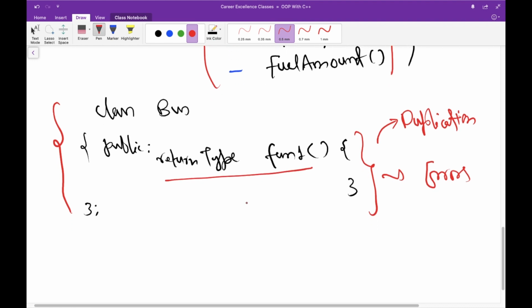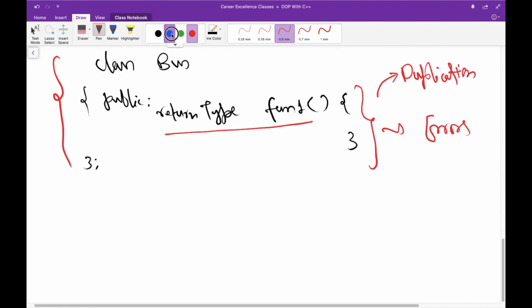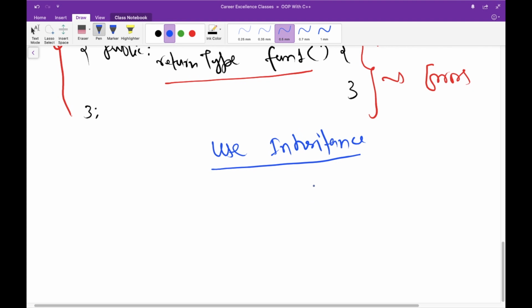So what we will do, we'll just use inheritance and now see how inheritance helps you in this process and saves your time, less duplication of the code, and it will also decrease the chances of error.